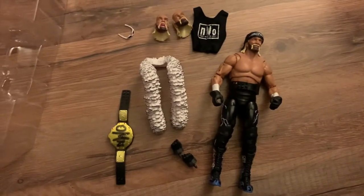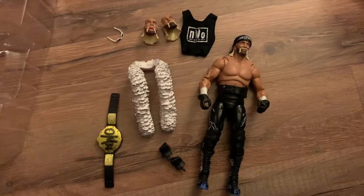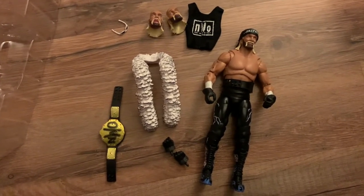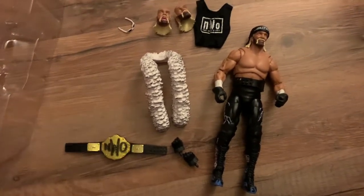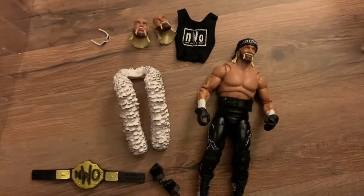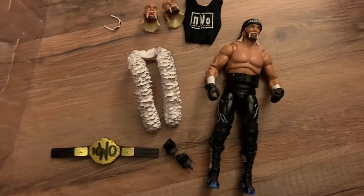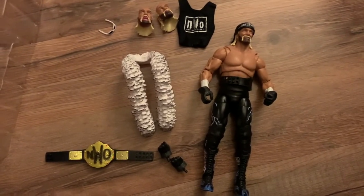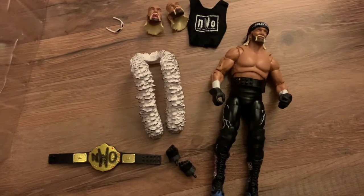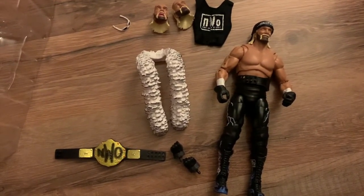Yep, so this is Hollywood Hogan Unboxed Ultimate Edition. If you never picked up an Ultimate Edition figure, this one is a must-have. It's just an amazing figure, and you know, a lot of people have been waiting for this figure for a long time because as you know, Hollywood Hogan, or Hulk Hogan, was gone from the WWE for a time